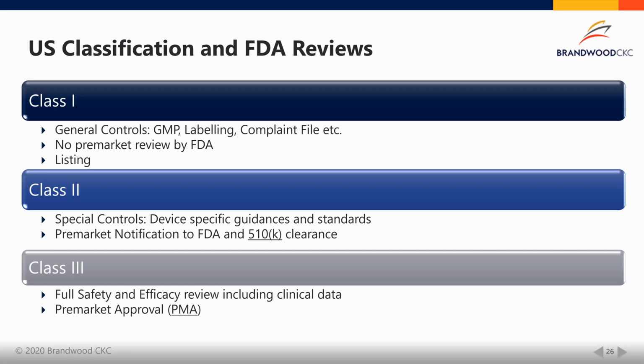Class 2 is where you get that 510K, which I'm sure most of you have heard about. Well, let's not assume that people have heard about it. What is a 510K? A 510K clearance is basically your approval for the US if you go via this pathway. It's a pretty big deal getting through that, isn't it? Yeah, it's a big document for that process.